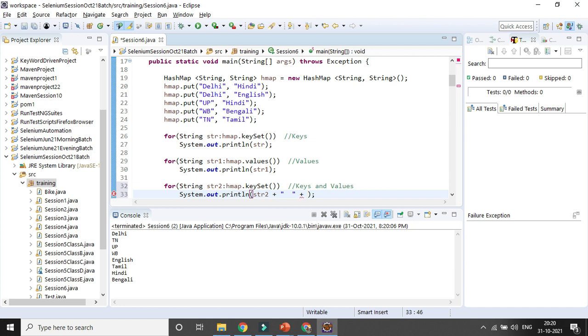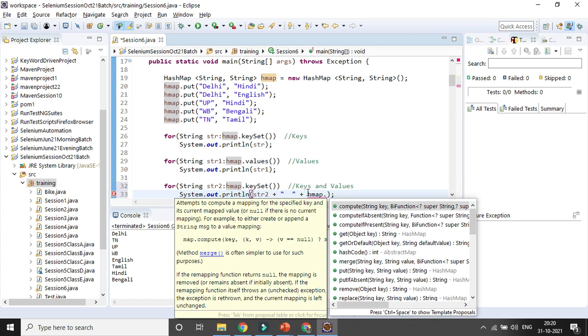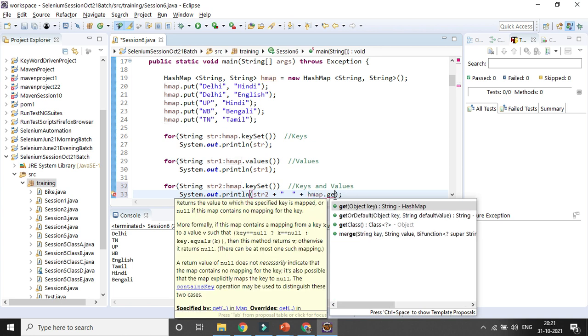Let's see whether it's working or not. Dot get, keySet, string dot get of that one.